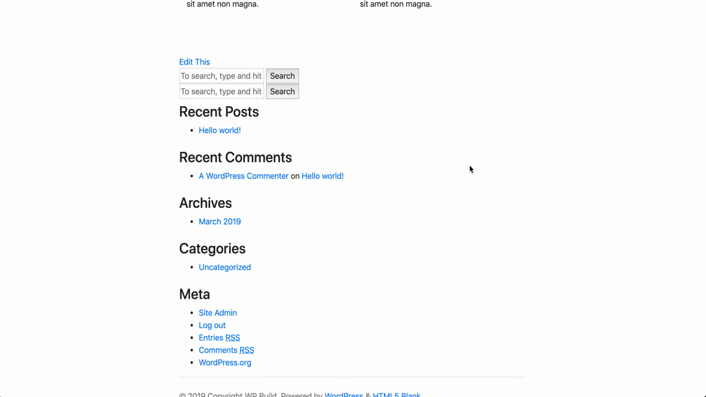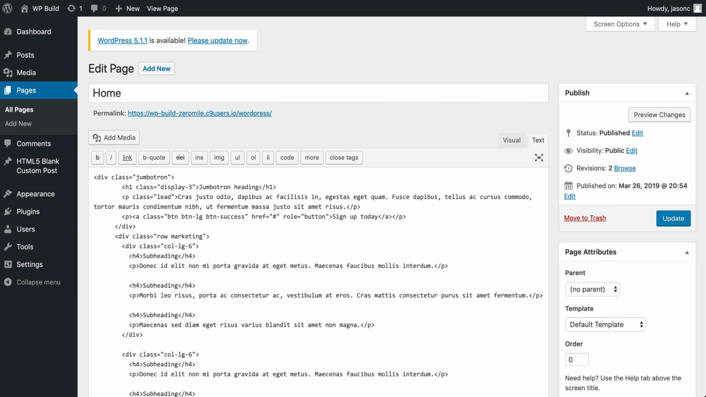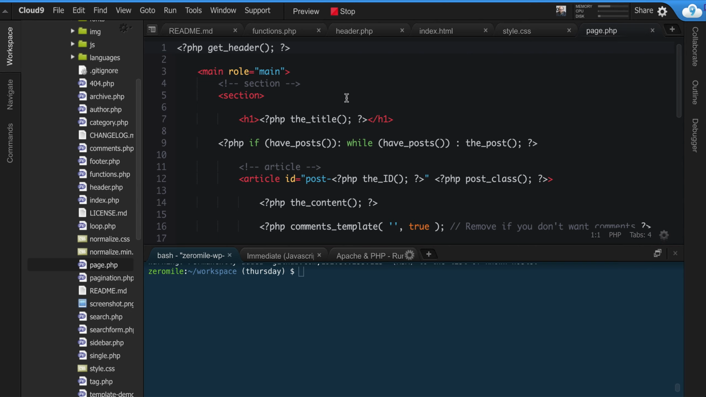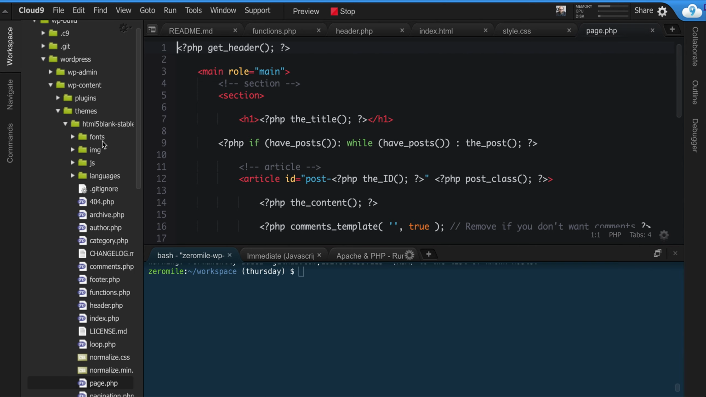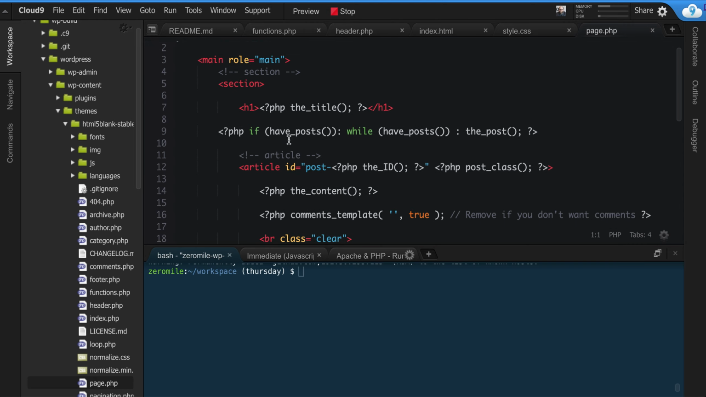So those are functions that are called when the page loads, and they spit all that junk out. So all we're going to do is comment those functions out. So those functions won't fire. Therefore, this stuff won't show up. So I'm going to go to my page.php file. It's in my HTML5 blank stable theme. And I'm going to scroll down, and first of all, let's look for